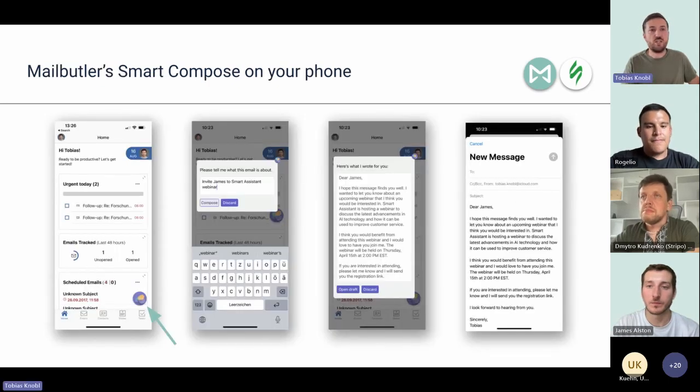So, I just added one more slide because we just released it. The feature James showed in his Apple Mail inbox, the Smart Compose, where you provide a small input and then the Smart Assistant writes a full email for you. We actually also released it now to our email mobile application. So you can download Mailbutler from the App Store. And then when you open it, you see at the bottom right,